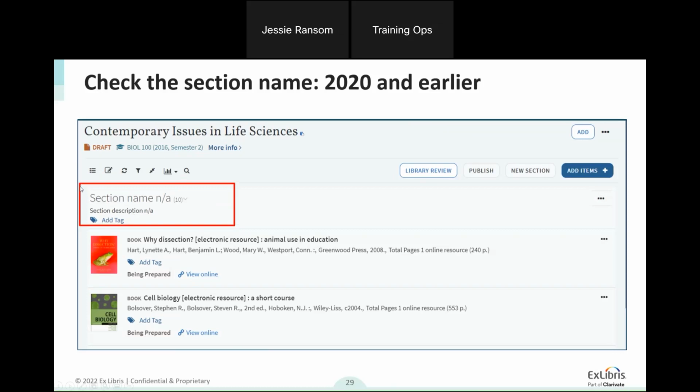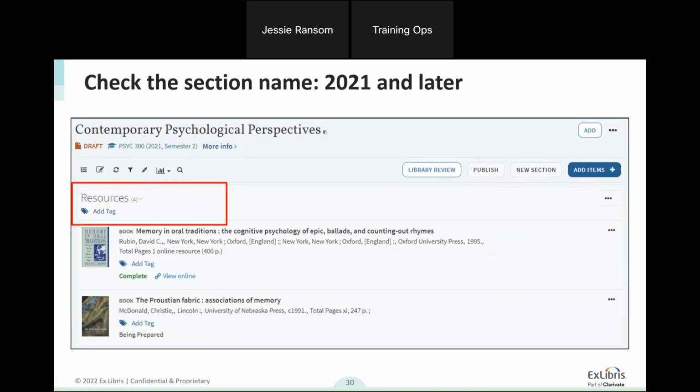This is the default section name as of a couple of years ago. We changed this. So now when reading lists are created in Alma and then viewed in Leganto, they have Resources as the default section name. Just very generic, not something that would necessarily need to be cleaned up.